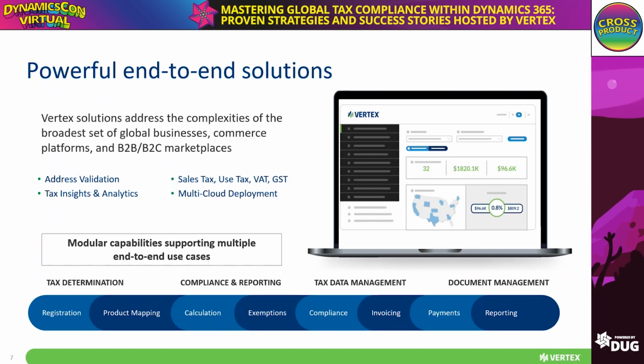So keep in mind when you look at Vertex, we have the full end-to-end capabilities, and we can also offer these a la carte, right? So we have many companies that really approach us for all of the things, but we also have many that maybe just want to leverage us for filing and remittance, but still want to maintain the calculation themselves. So we provide those options as well as part of our solutions. It's really whatever makes most sense for your business.